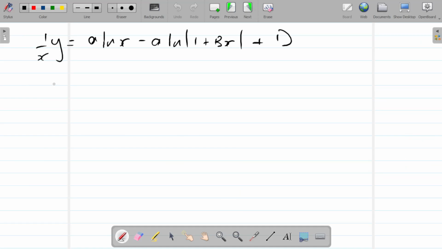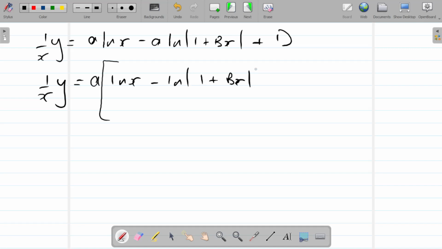So y is therefore equal to, well, first of all, before we write what y is equal to, let's just leave that as 1 over x times y. Now, we can take out this a from these first two terms and write log x in brackets minus log 1 plus bx. And we'll leave the d